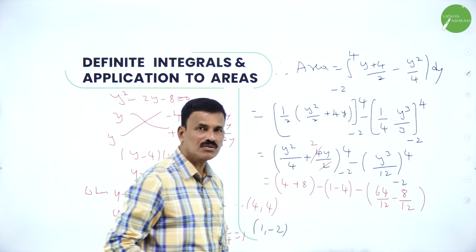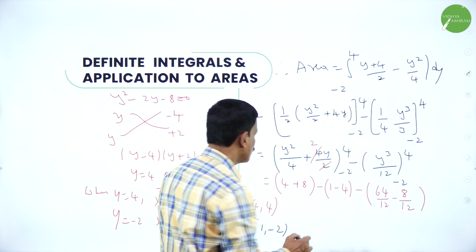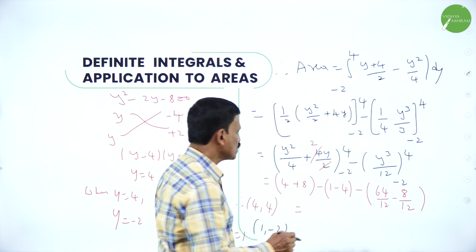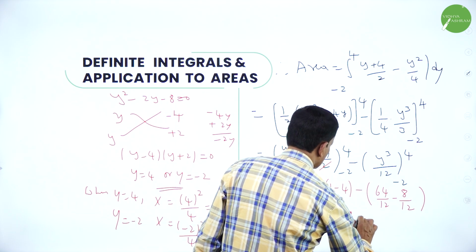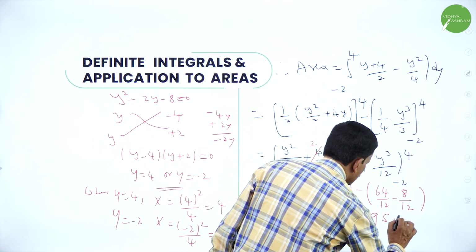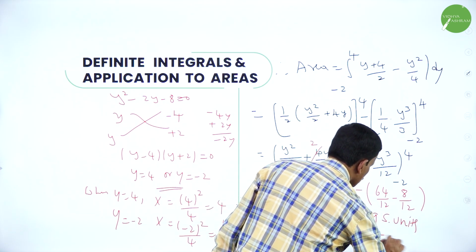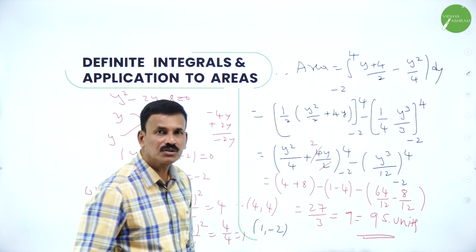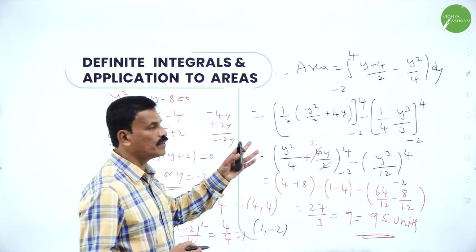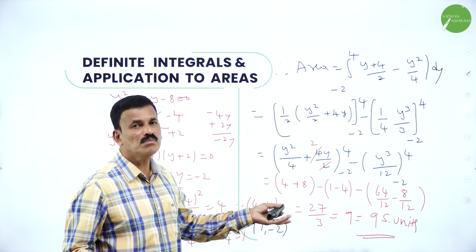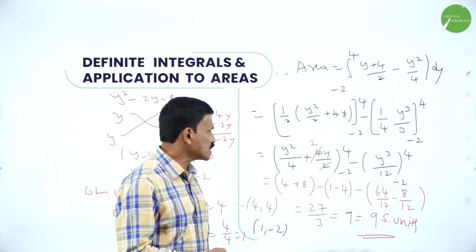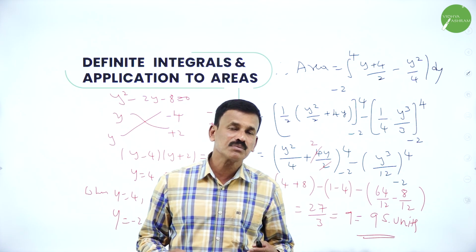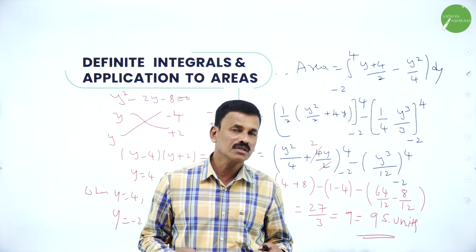Simplify this. That's it. Okay. So, if you simplify this, this is equal to 27 by 3. That's equal to 9 square units. That's it. So, the required area is equal to 9 square units. Just apply the upper limit minus lower limit, simplify, you will get the required area is equal to 9 square units. So, that's all. This is how we are going to solve the problems related to area of a curve